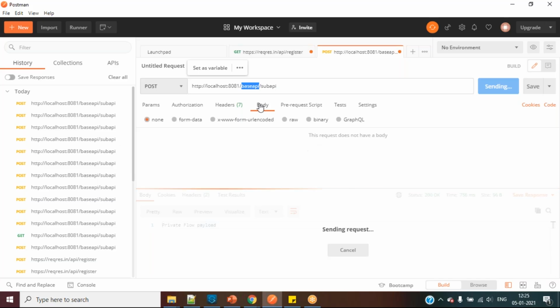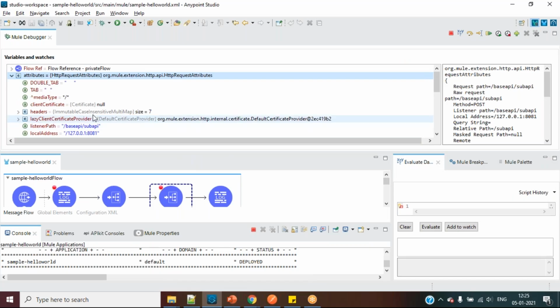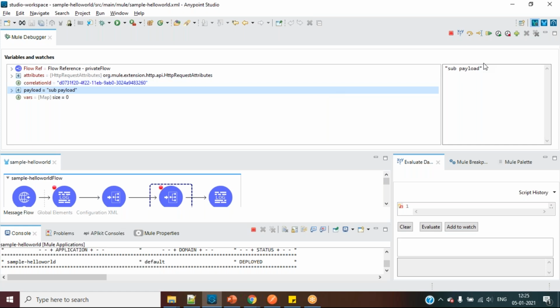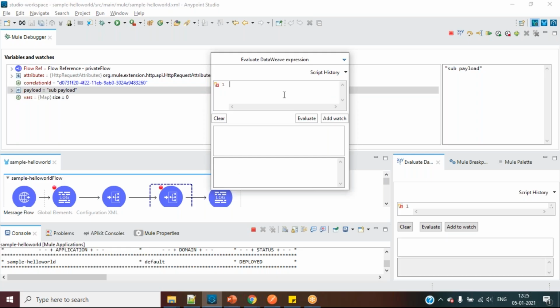Instead of that, we can use all these attributes here. While developing more, we can see how to use them. So you can see payload here. And if you want to do any operations, here we have an expression evaluator. Let's say we evaluate, it gave 3. And if you want hash payload plus